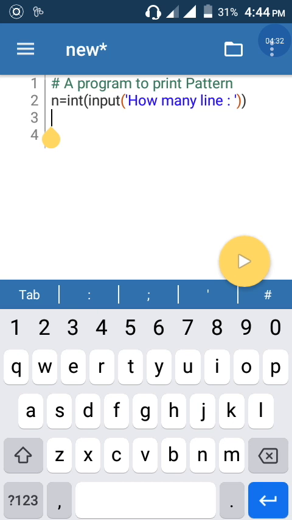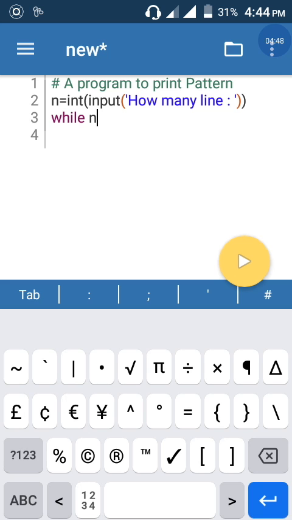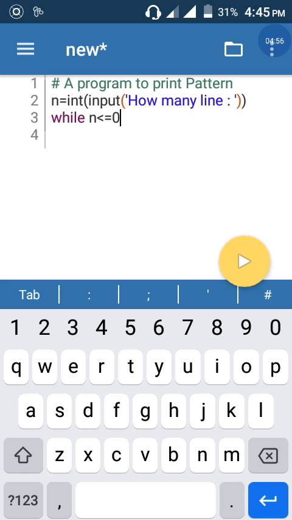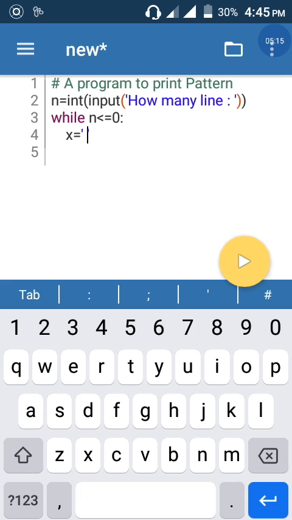then next, while n less than equal to 0, colon, enter. x equal to single quotes, into, and print x.